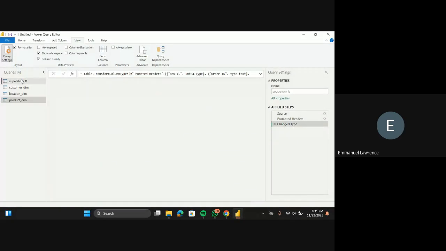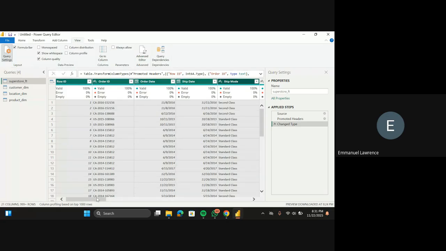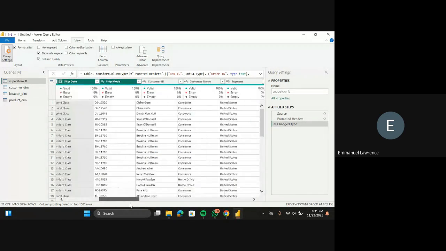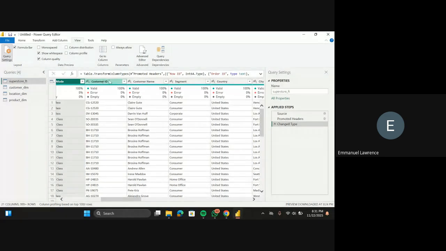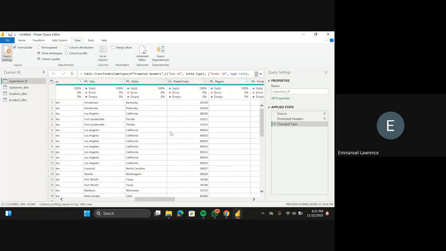So I'll go to my fact table. Row ID will be there, order ID will be there, order date will be there, ship date will be there, ship mode will be there. Once I scroll, customer ID is going to be there. I think I need my postal code to be there.